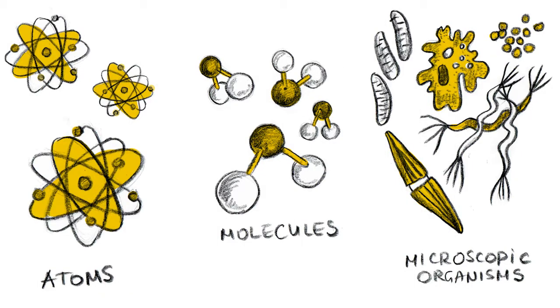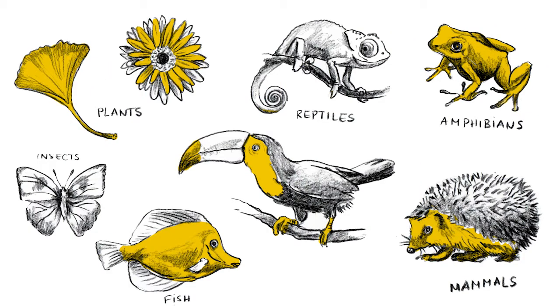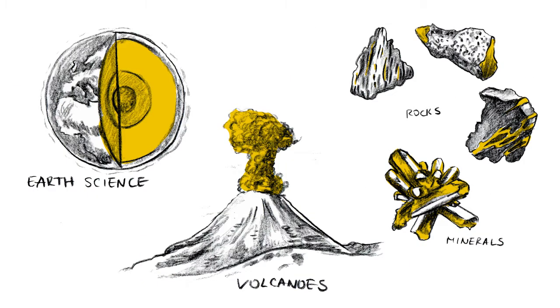Ever since I was a little girl, I've been fascinated with the illustrations I saw in science textbooks, magazines such as National Geographic, in encyclopedias, and at natural history museums. I'm talking about those beautiful illustrations that show us things we could only see using a microscope, like atoms, molecules, and microscopic organisms. Illustrations of different types of plants and animals, those showing the Earth's structure, volcanoes, rocks and minerals,